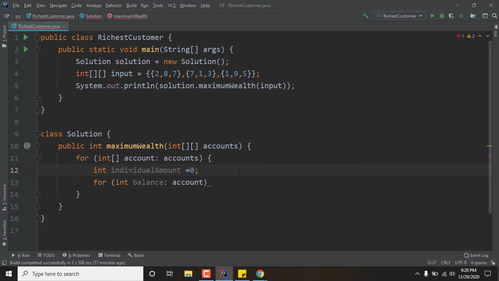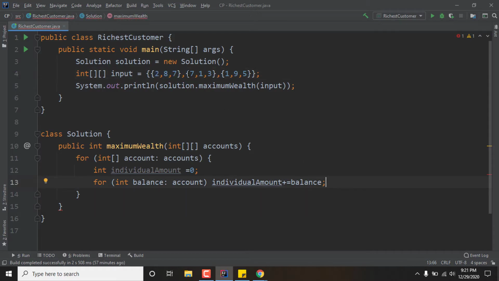Each time I'm adding the balances of a single user, like 2, 8 and 7 in this example. So I'm adding this like individual amount plus equal balance. So I'm getting the total balance of a single customer in different banks.